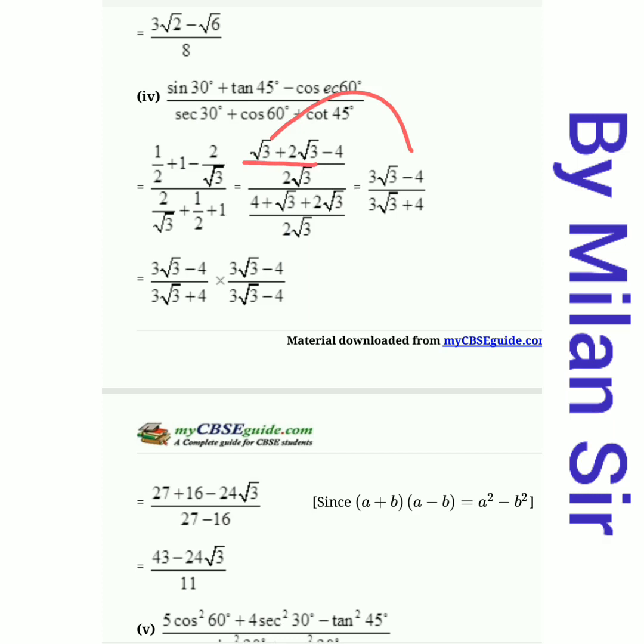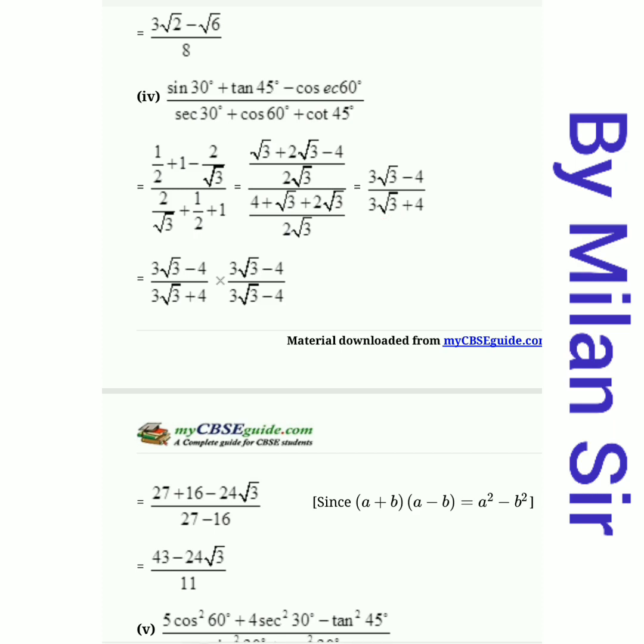here 2 under root 3 plus 1 under root 3, it's 3 under root 3 and minus 4. Same thing in the denominator: 2 under root 3 plus 1 under root 3, it's 3 under root 3 and plus 4. Then we need to rationalize the denominator. If we see any under root in the denominator of our answer, then we need to rationalize it. So here under root 3 is in the denominator, so we need to rationalize it.